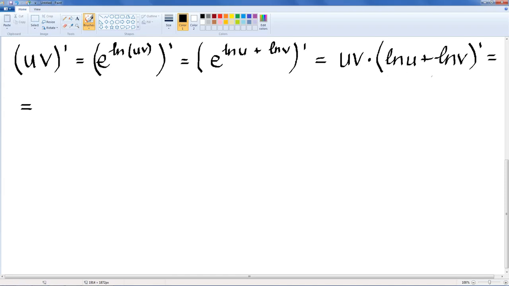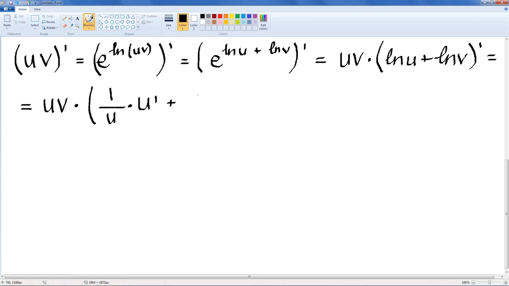Now this is awesome, right? Because it's the derivative of a sum, and for the derivative of a sum you just find the derivatives one by one. So it's just uv times, now what is the derivative of ln u? Well, it's just 1 over u, but don't forget that u is a function of x, so you also have to multiply by the derivative of u. And then